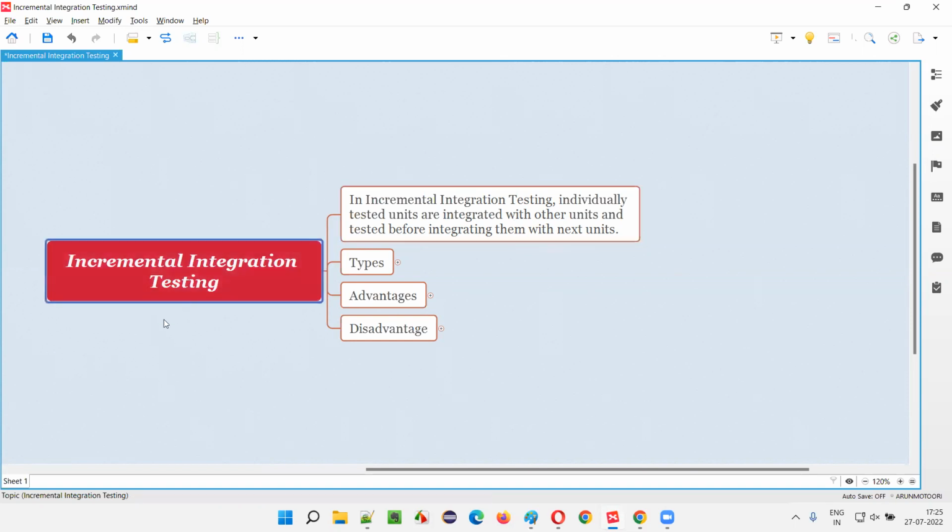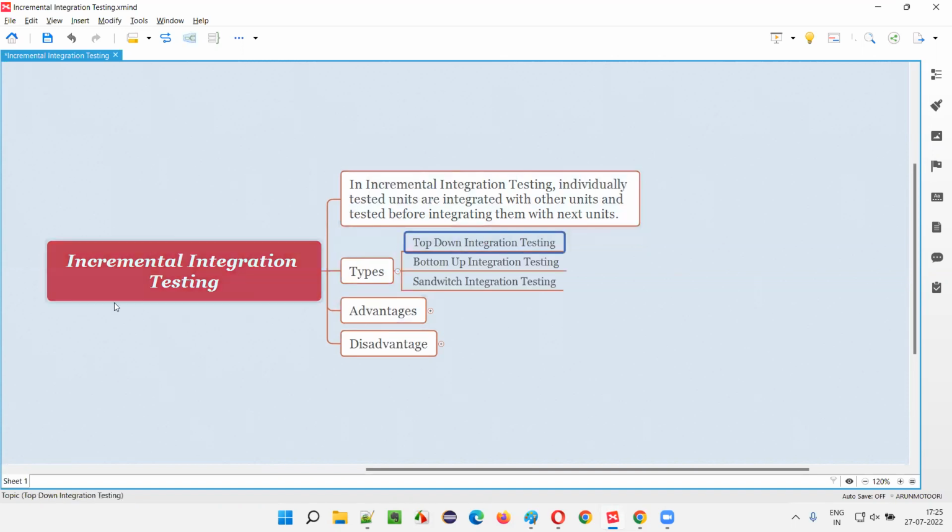This is a high level term, guys. Incremental integration testing is a high level term where there are types like top down integration testing, bottom up integration testing, and sandwich integration testing. All these approaches fall into incremental integration testing. In top down, high level units will be integrated with the next low level units in an incremental fashion. In the bottom up approach, the low level units will be integrated with their next high level units